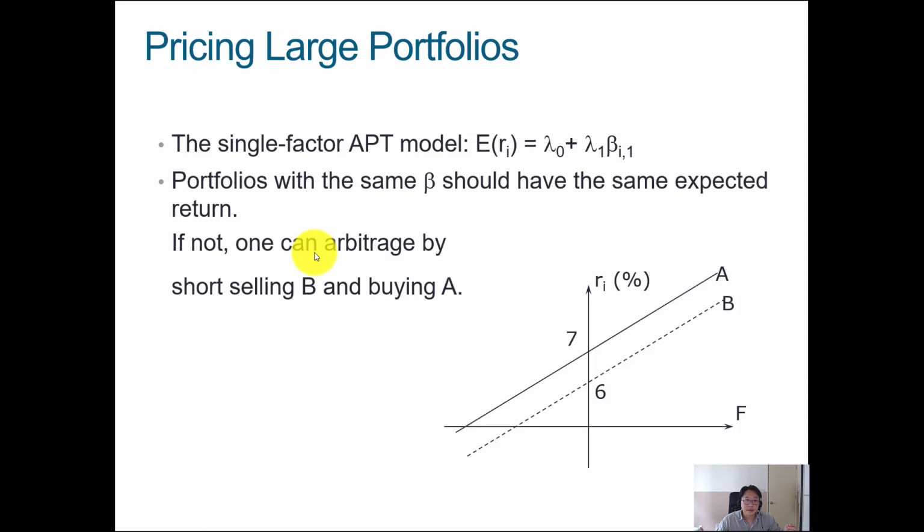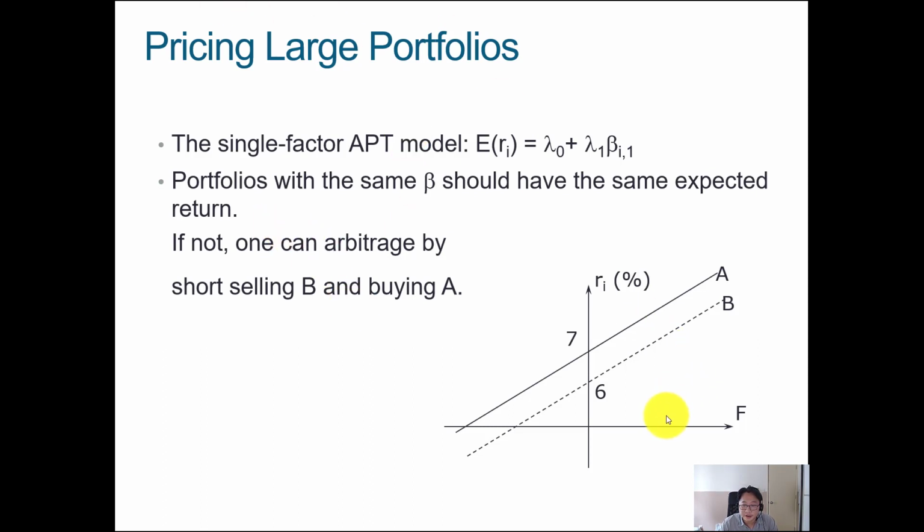But when we actually run a regression or look at the relationship with the common risk factor, which let's say is the S&P 500, it is the same beta. So for portfolio A and portfolio B, we don't really care what the underlying assets within the portfolio are, but because they have the same beta with a common risk factor, let's call it the S&P 500, they should have the same expected return and therefore the same price. Because otherwise, if these two portfolios have different expected returns but the same beta, we can arb it, right, by short selling B and buying A.